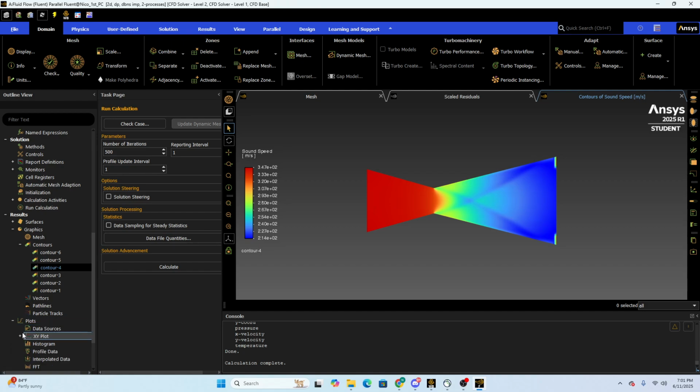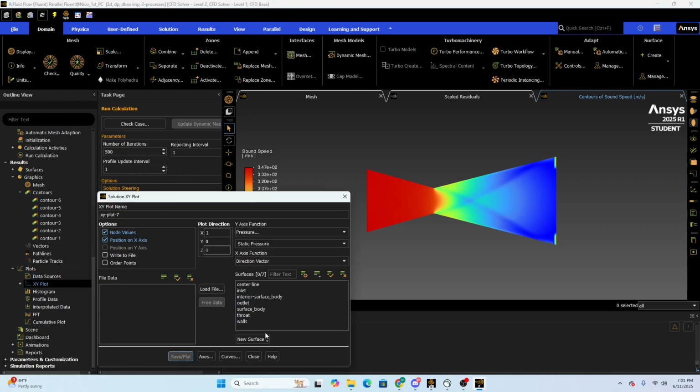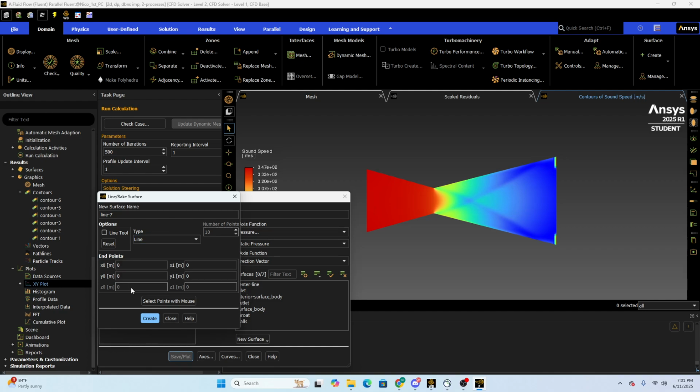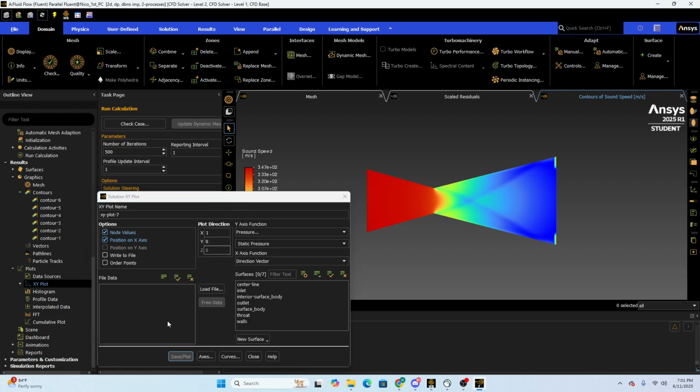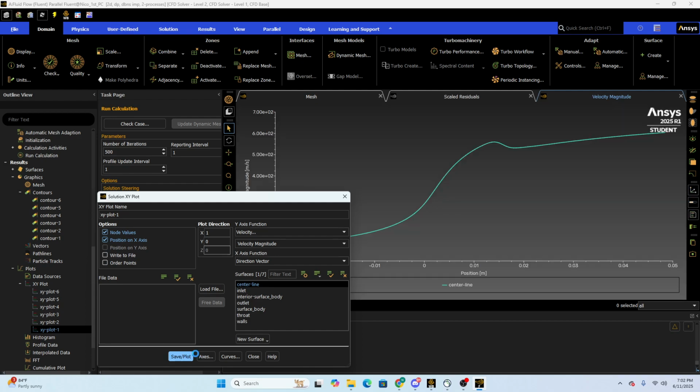Also for plots, we were able to create a line in the center line. You go here, you click new surface, line, and then you just put in the values. Since I made it symmetric off the x-axis, all you have to do is mess with the x-axis coordinates, so you create the center line. And then here are all 6 of our plots. So velocity,